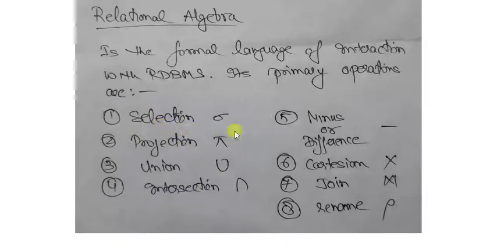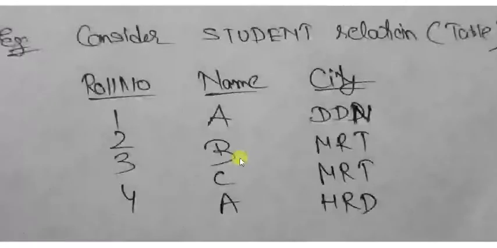Okay, so you can see some of the operations like selection, projection, union, intersection, minus, Cartesian, join, rename. Some of you must know some of these operations from earlier, because we know what Cartesian, join, union and intersection are, and the concept is the same. The only thing is that these concepts came first in theory, then on the basis of these operations, practical SQL was developed. Let us begin.